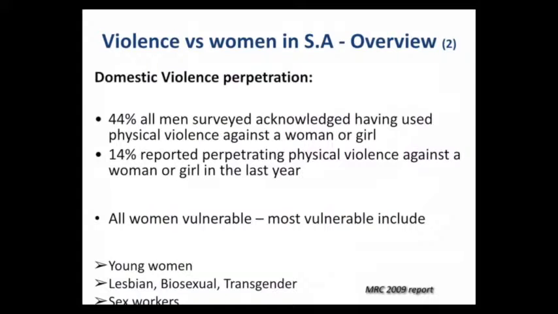So young women, we identified as particularly vulnerable, both in terms of physical and sexual violence. Also sex workers, and again, this comes up as an issue because some people say, well, if you're engaging in sex for exchange, then that's what you do. But there's still an issue of whether you're forced to have sex when you don't want to. There's still a choice involved, or should be.